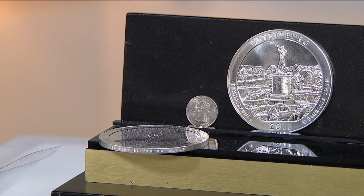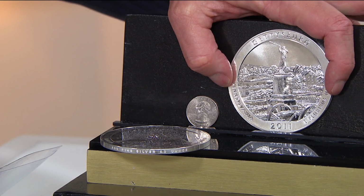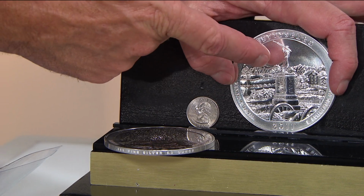Now, it's not like a silver bar. I see silver bars out there, 149, 159, 169, whatever it is. You see silver bars out there, but they're not coins. They have no numismatic value. They're strictly intrinsic. Understand, these coins, not only are they 5 ounces of silver, if this was an American Silver